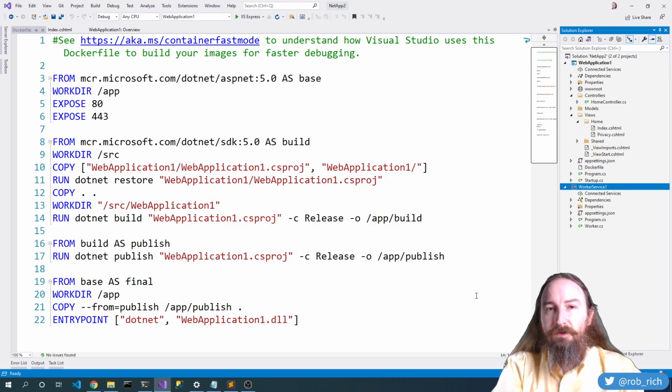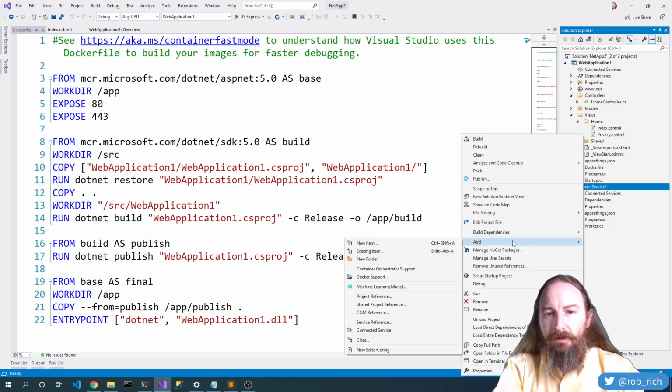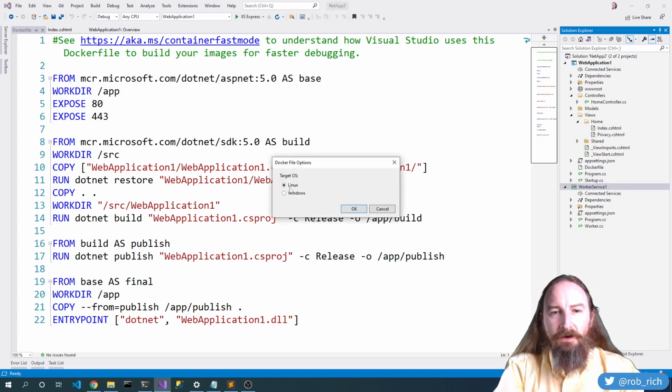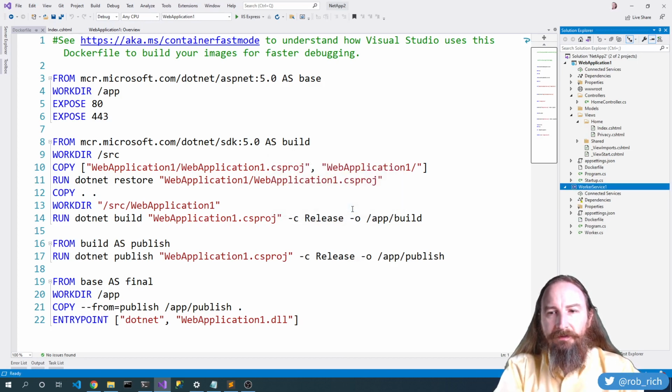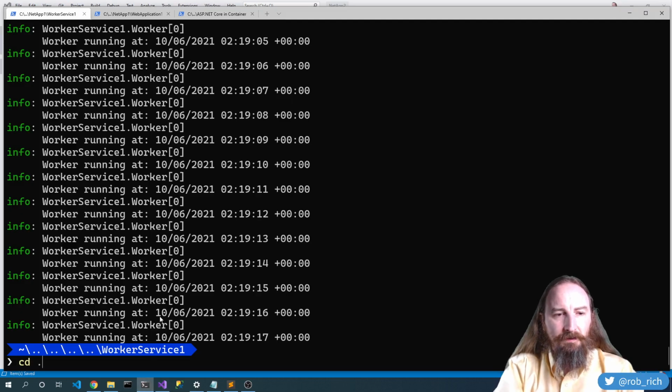and we want to be able to use Visual Studio tools to be able to get that into containers. Well, let's right click here and we will say add Docker support. Now we get to pick our operating system again. We're running Linux containers in this case. And so we'll say go, and it will scaffold out that Docker file for us. Here's our Docker file, and it's doing great. We've got all of the content in place that we needed. Now, if we were to build and run these, so let's come into